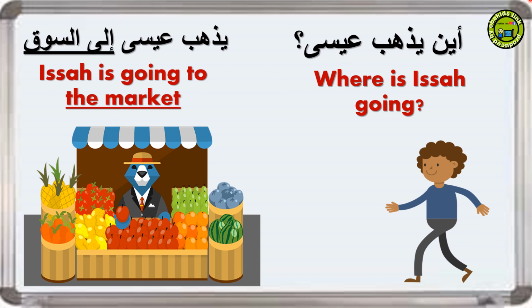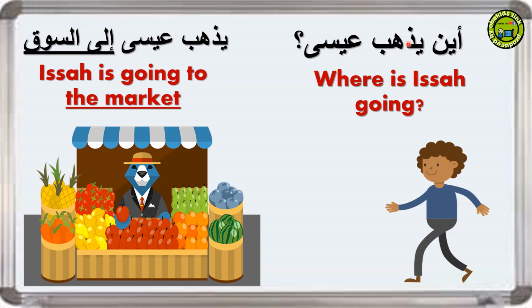Here we have أين يذهب عيسى. أين is the interrogative particle, يذهب is the verb, and عيسى is the subject. أين يذهب عيسى means where is Issah going? As you can see, أين is used to ask about where Issah is going, but it has يذهب or a